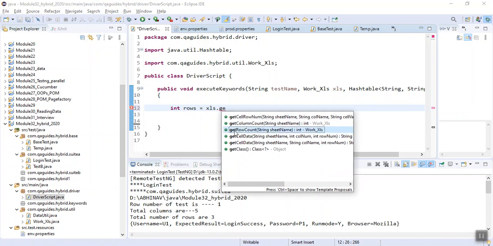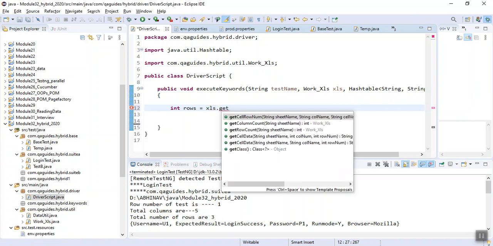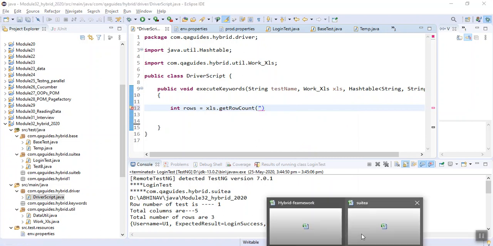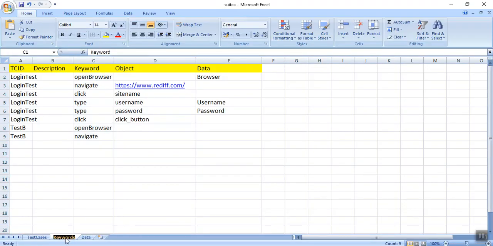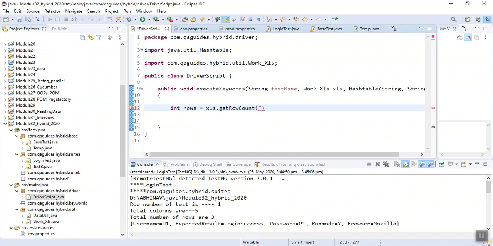Get row count, and I have to define my sheet name here, and my sheet name is keywords. It will provide me the total number of rows. You can also print them out.